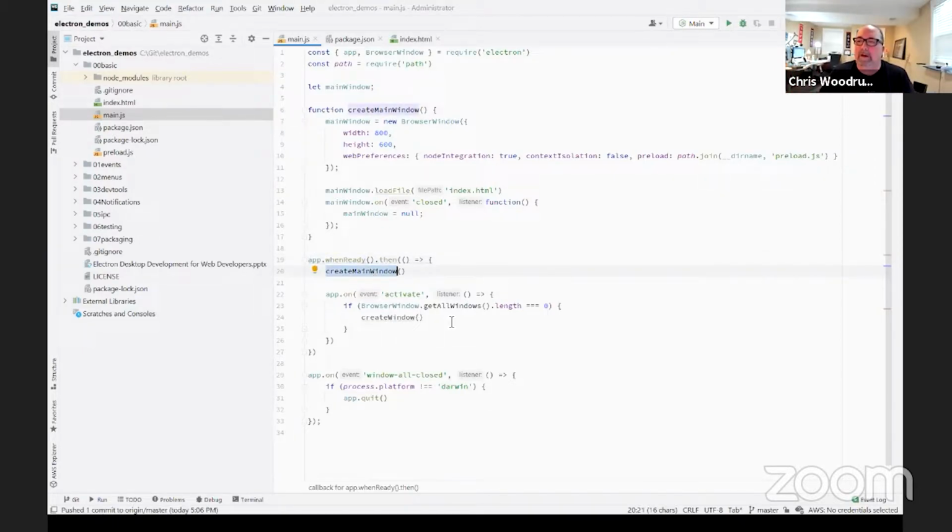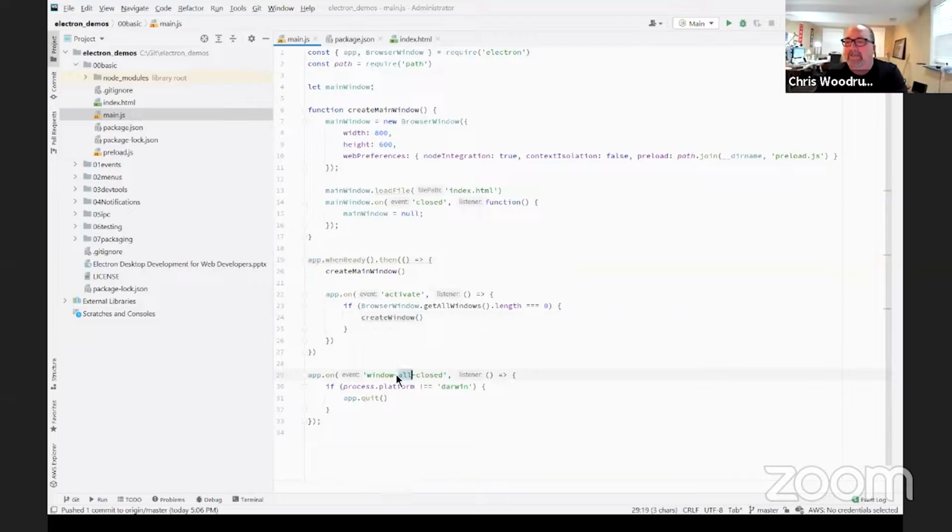It will, on the activate event, get all windows and unresolved. So I don't even think I need, why is that? I don't even know why that's there. So like I said, wow.